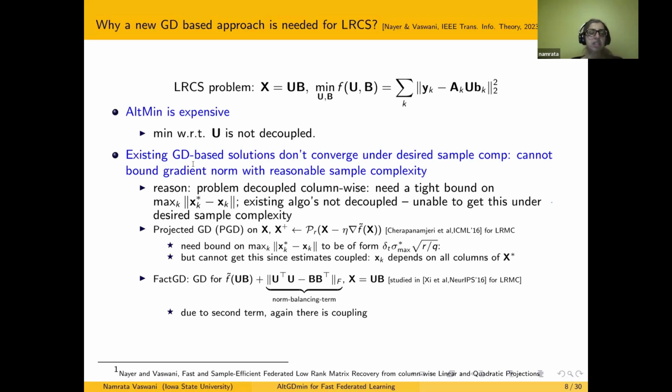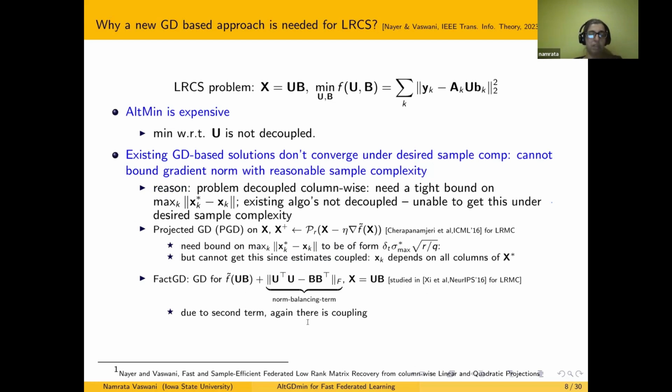There are existing gradient descent based solutions, which could be standard gradient descent over U and B, referred to as factorized gradient descent. This has certain issues. The only way to make it work in past work is to consider a norm balancing term, because you're writing X as U times B, but you could also have U times Q inverse times Q B. One of U or B could start increasing in norm while the other keeps decaying, and that could be a problem. So you don't optimize the original cost function, you add a norm balancing term. Now, because of that, you get